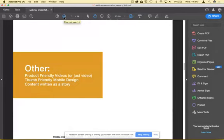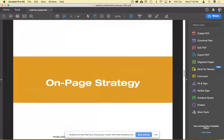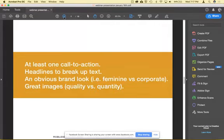So those are a few trends. If I'm going too fast, let me know. I want to make sure I have the time for questions, and I want to make sure I'm respectful of your time as well. All right, so on page strategy, I'm going to go through a few of these keys,